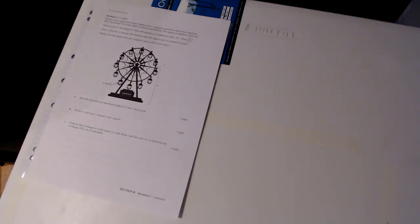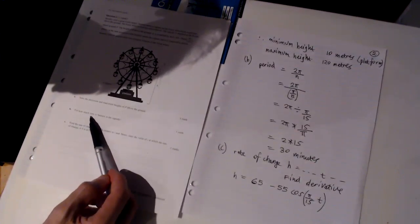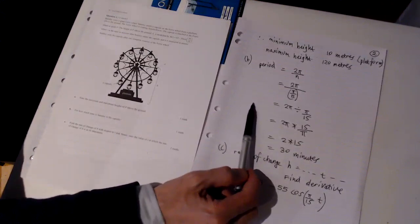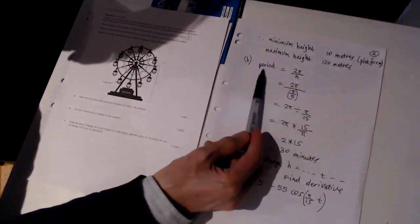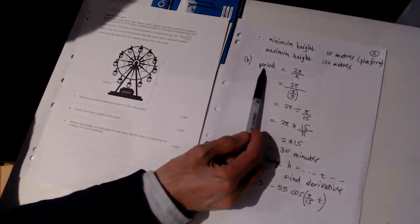Question B. Now, what is question B about? Question B says, for how much time is Sammy in the capsule? Well, Sammy will be in the capsule for 1 rotation. So therefore,